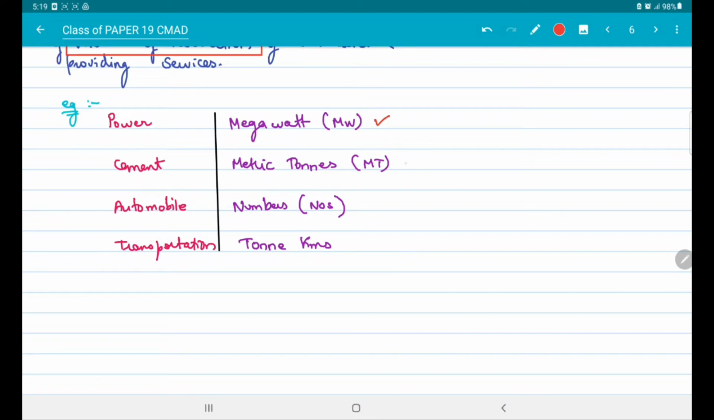If there is any cement, the unit is metric tons. Automobile, numbers. And if transportation, tons, kilometer, ton kilometers. Okay,